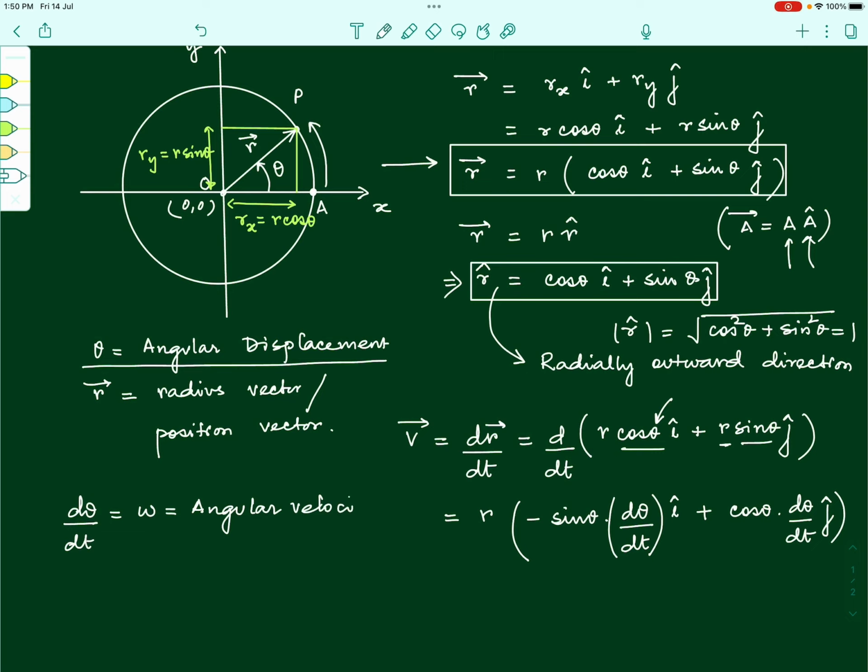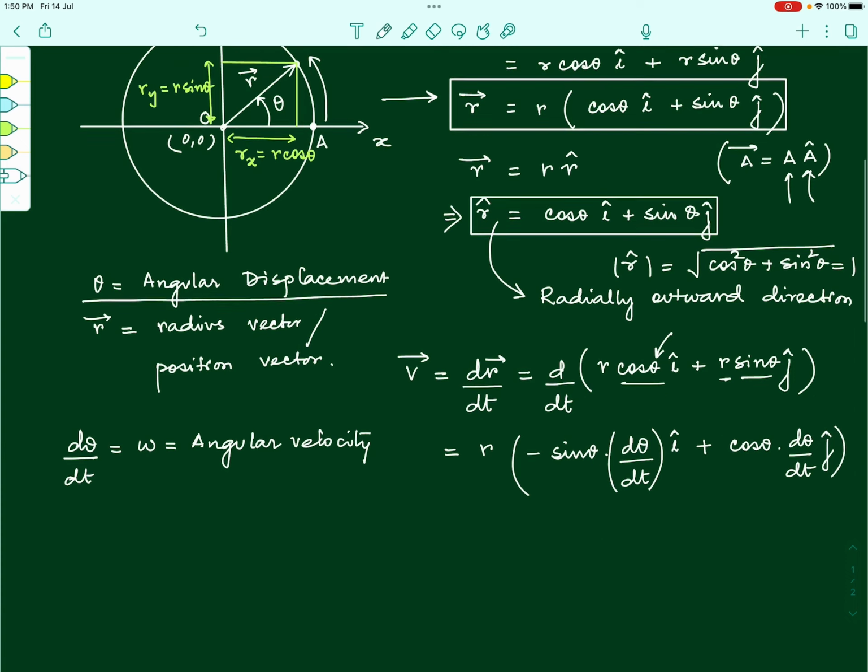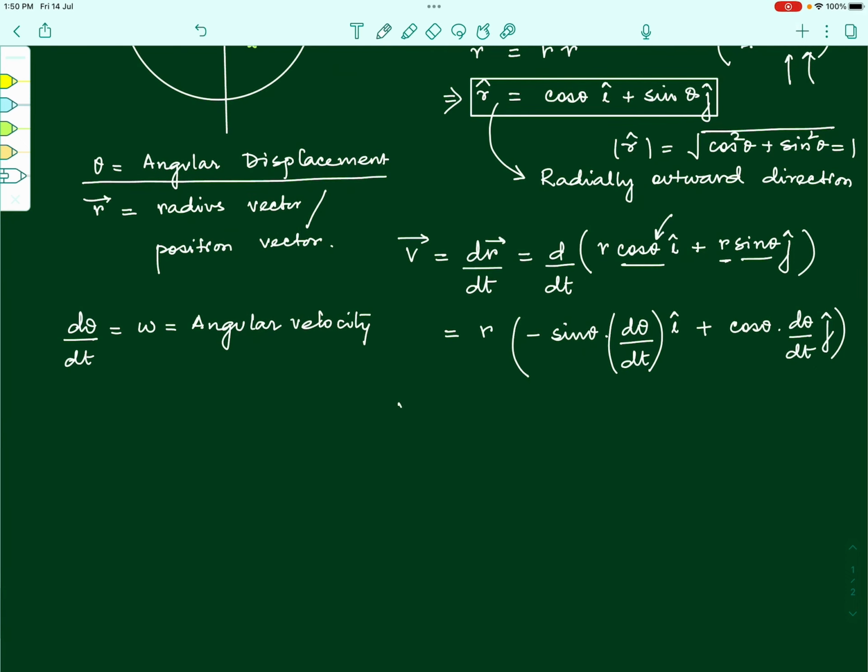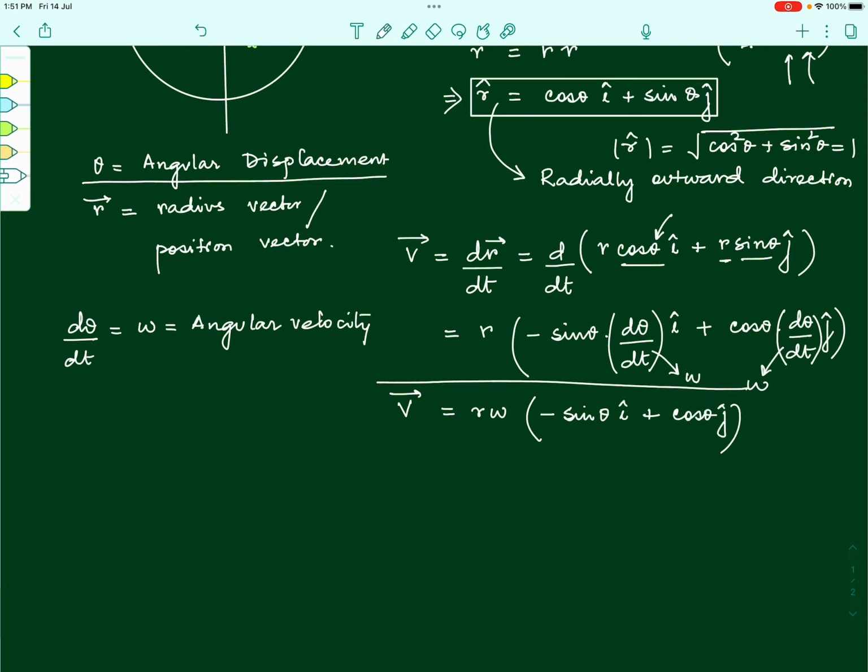Angular velocity is the rate at which the angular displacement changes with respect to time. Okay? And this omega now we can take out. So velocity vector v would become, this term here also is an omega, so we can take omega out, and this then becomes r omega into minus sin theta i cap plus cos theta j cap. This is what we get as our velocity vector,